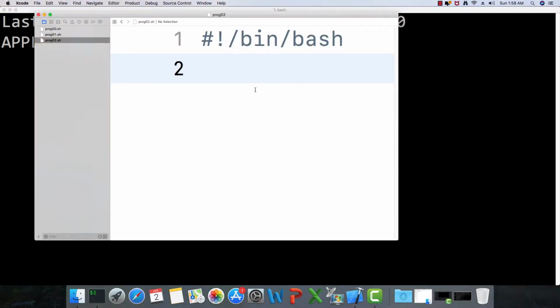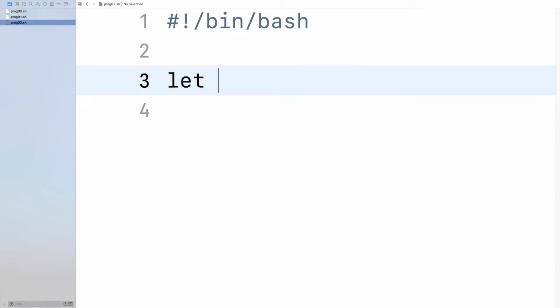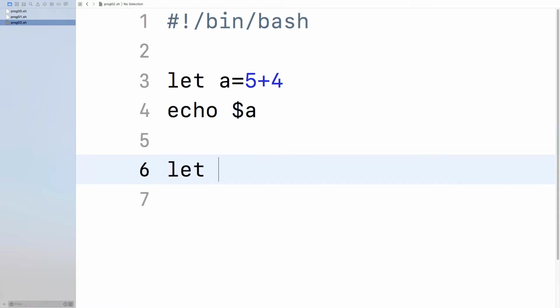Now I have already created a copy of the earlier file and deleted the unnecessary part, and we are now going to understand how to write expressions in shell. The name of this file is proc2.sh, and let us try to write a few expressions. Let a equals 5 plus 4, echo $a. Let,